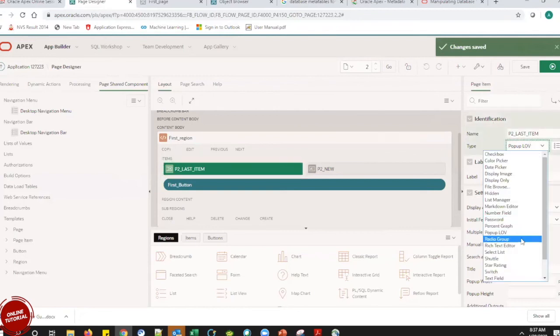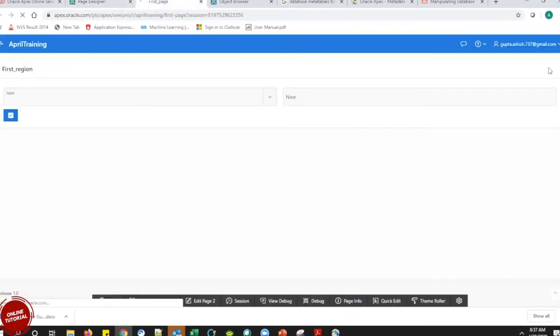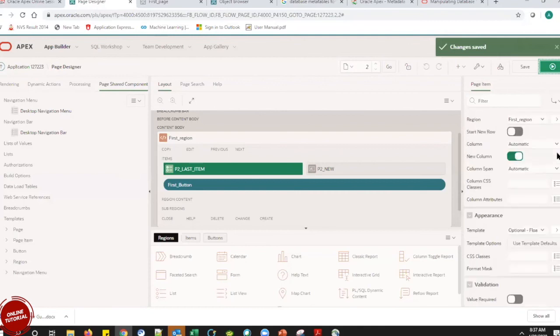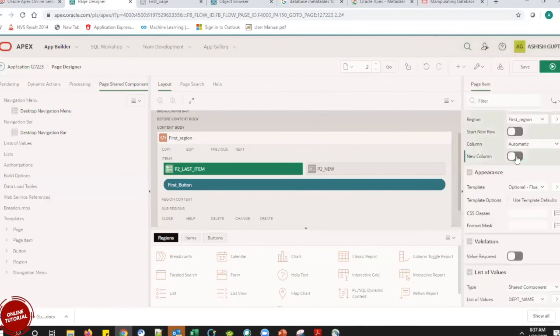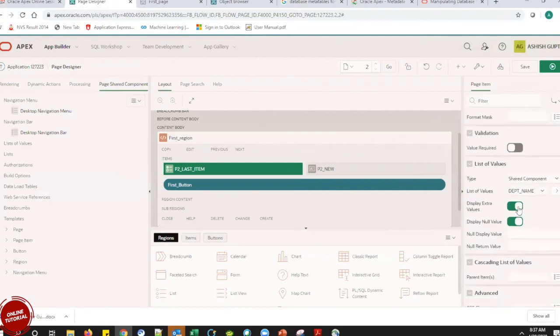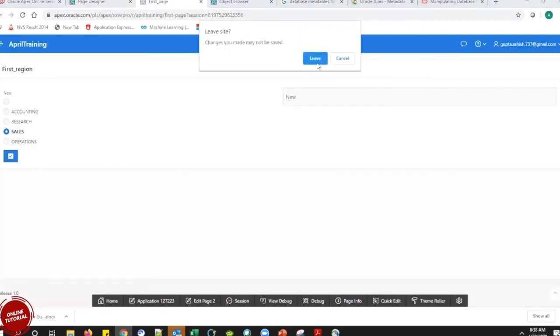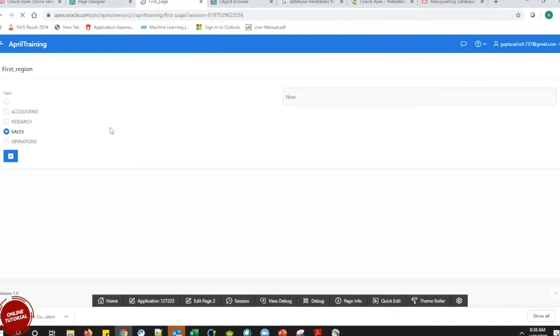Now after this we have a radio group. Again, this radio group is something like where we have 2 to 3 values where we can select. Okay, so this is a radio group. And we can see here a blank. I think now we have enabled that blank item. That is why. No, not this one. Yeah, extra value. That is why when we remove this, we cannot see that extra value anymore.